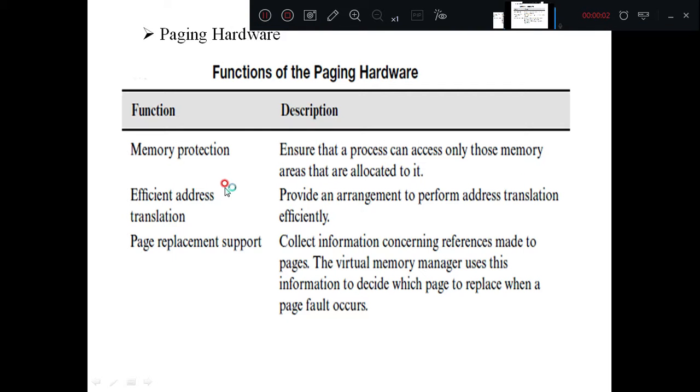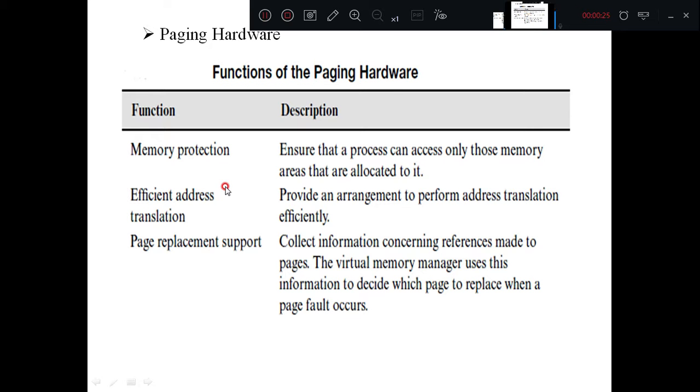Good morning, students. In the last class, we have seen what the paging concept is in operating systems, and we have also seen how page replacement is done whenever a page fault occurs. Right? If the computer system doesn't find a page in the main memory, then how is it going to search in the